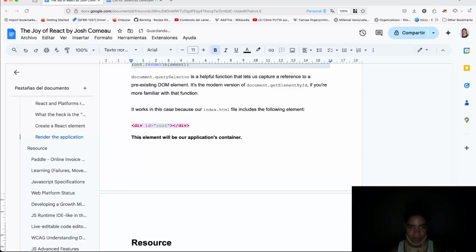So if you're gonna take the DOM and the container DOM element, in this case, it's supposed to render this element, right? And in order to render that element, which is the render function that is being called here, you say, hey, I'm gonna take the container DOM element and then attach that to